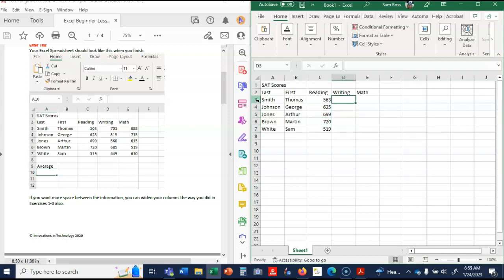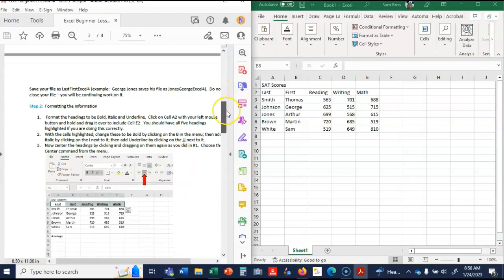Okay. 701, 515, 568, 685, 649, 688, 715, 615, 519, 610. Okay, so I have all of the numbers. It says if you want more space between the information, you can widen your columns. It looks like we're okay, so I'm going to leave my columns the way they are and continue on to